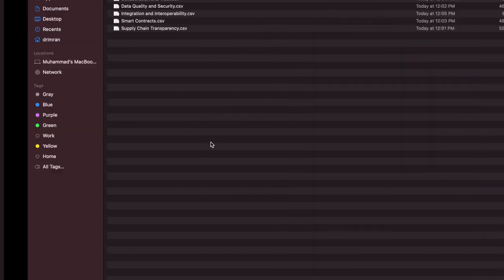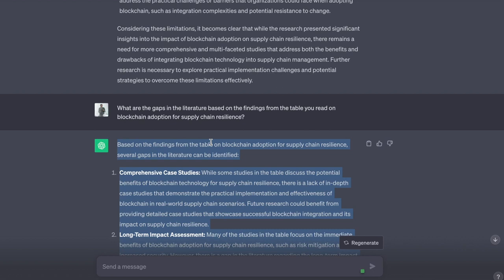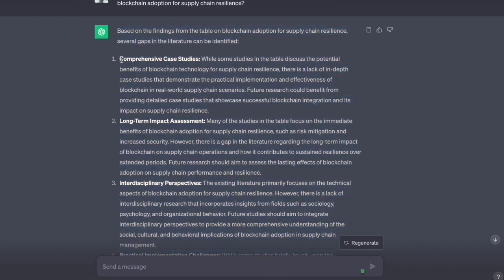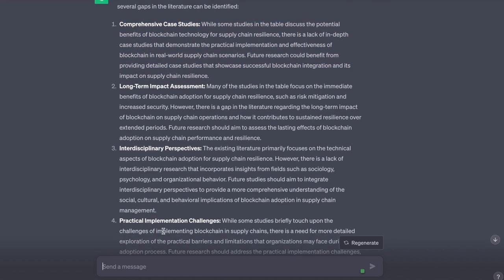I have extracted information from ChatGPT based on three important features. The first one is about the summary of the findings which have been discussed in the table. Then I ask for the limitation, and then I ask for the gaps. So these are important patterns through which we can understand what work has been done, what are the limitations on the existing body of knowledge, and what are the gaps in the literature. But you can see that the information which we are using here is not linked with any references. So I can ask ChatGPT,